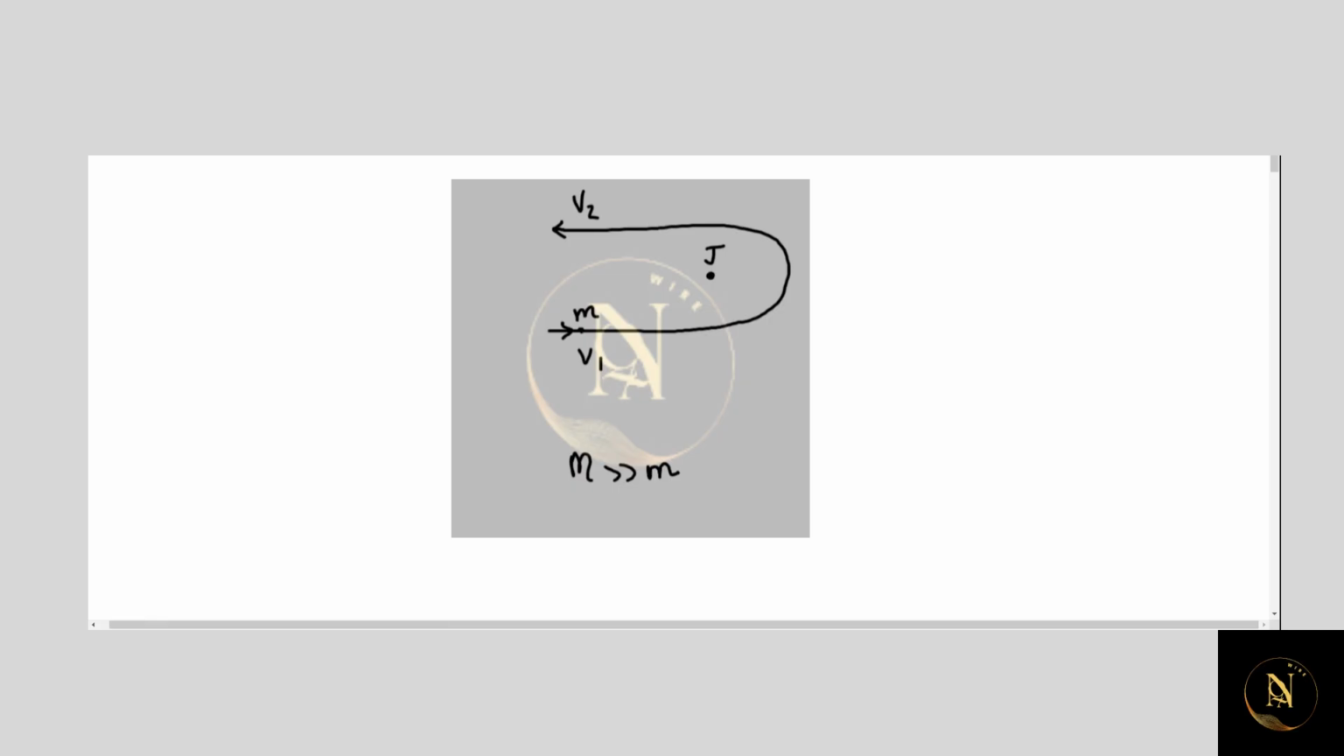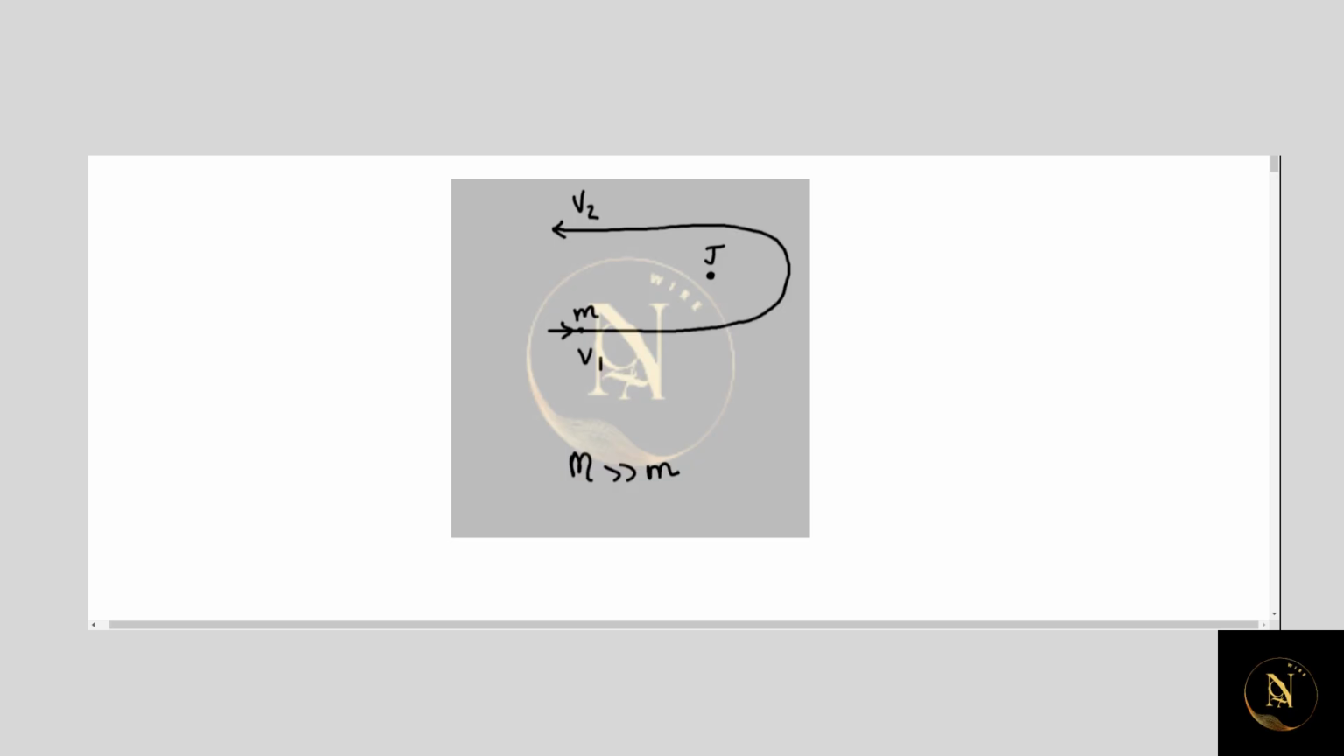In this problem, we're given that a spaceship of small mass, small m, is looping around and being slingshotted by the planet Jupiter. It enters with some velocity v1 and leaves with a velocity v2. And we're given that the mass capital M of the planet Jupiter is much greater than the mass small m